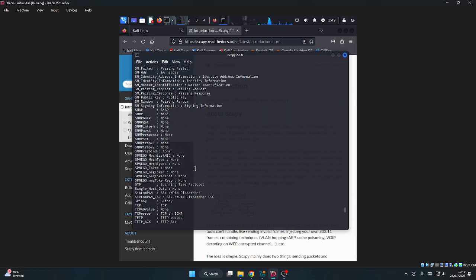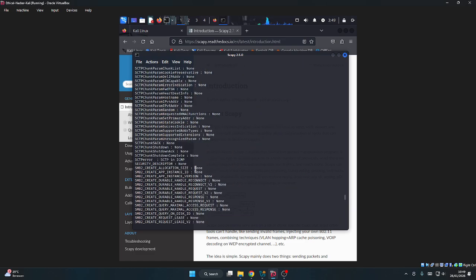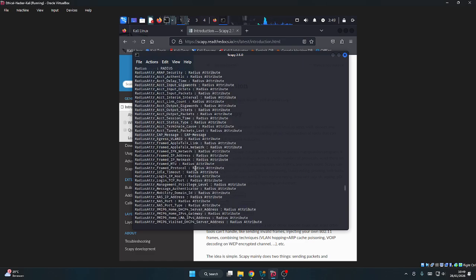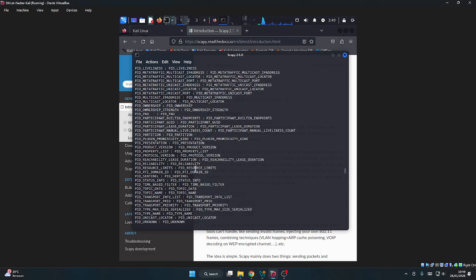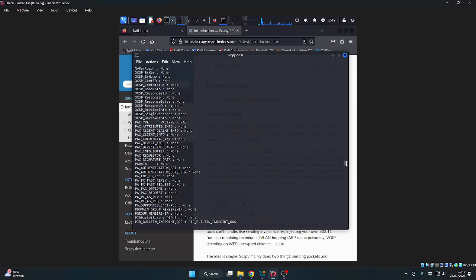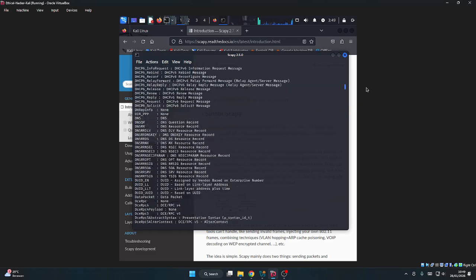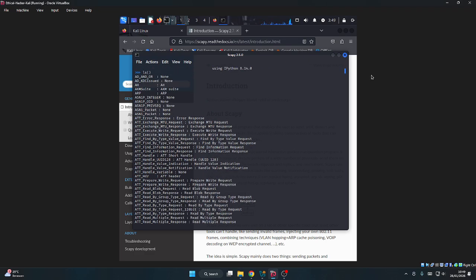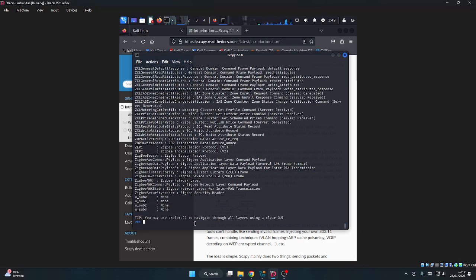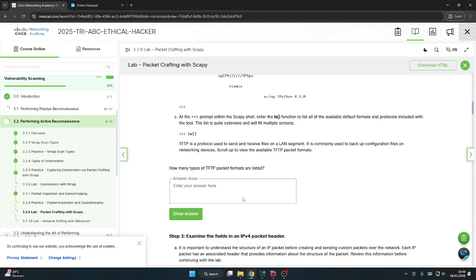There is plenty of info for the image explorer. You can navigate through all the layers using a clear GUI.